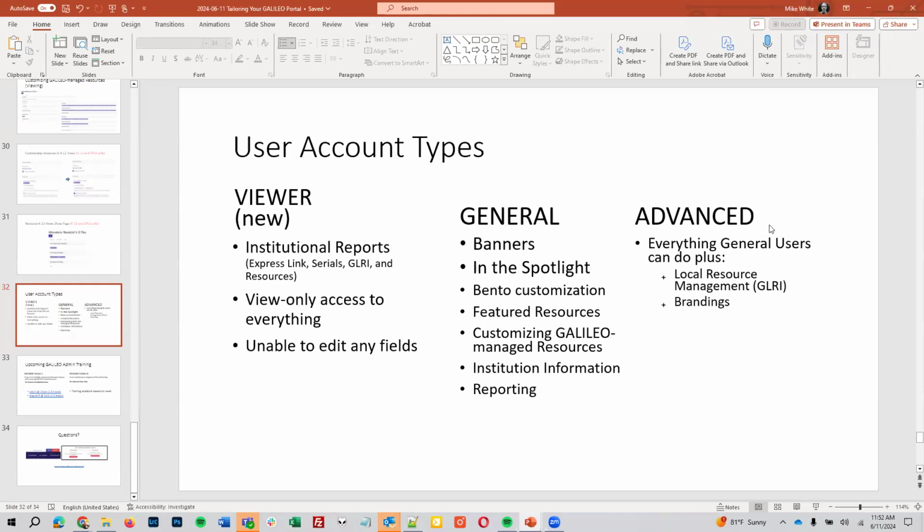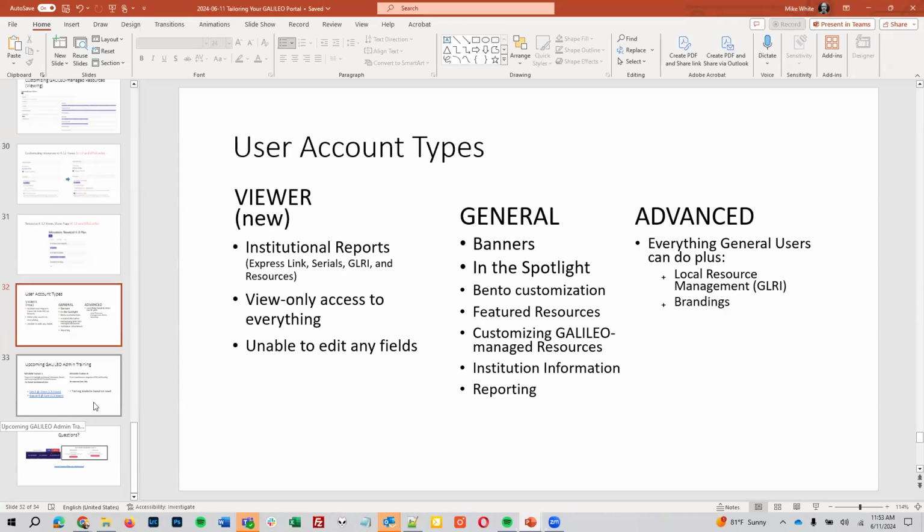And then the advanced account type is everything that's in the general account type, but also includes managing GRI and brandings. So if that's something that you would like to do, let me know